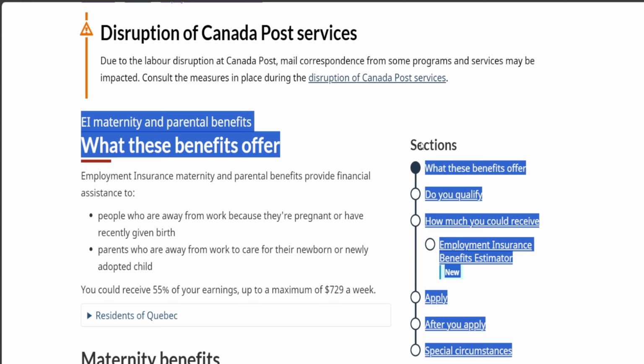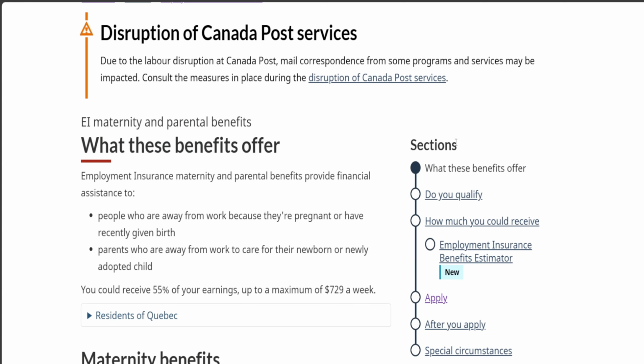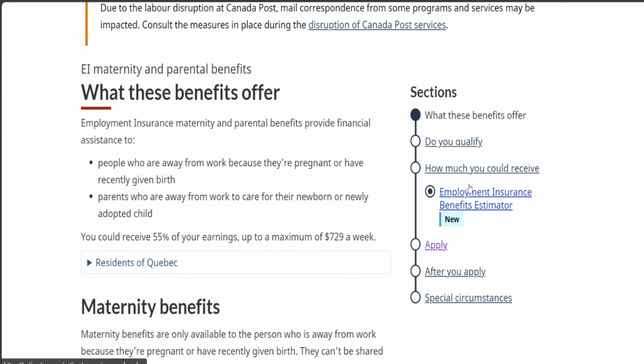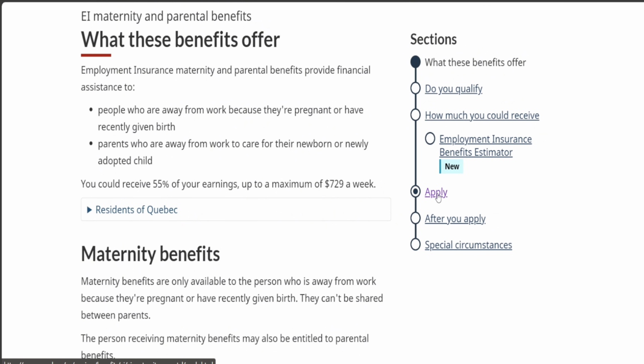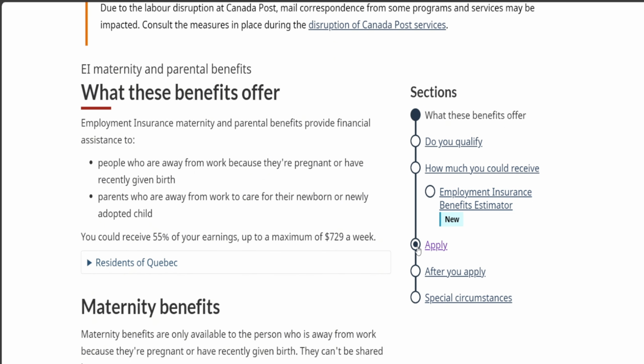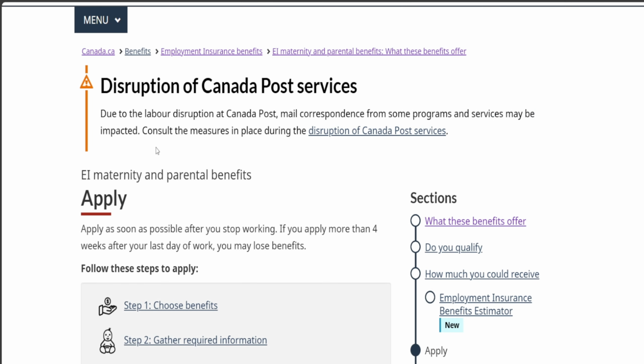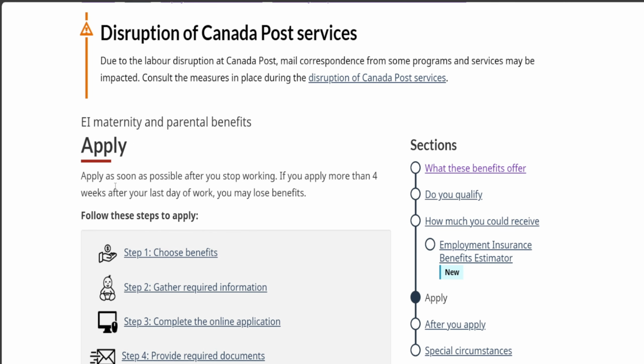So in the sections, you'll have what these benefits are for, if you qualify, how much you could receive, and finally the apply section. So you could read through all that, but if you want to go directly to the apply, just go ahead and press on this over here, which is the apply, and then you can follow these steps